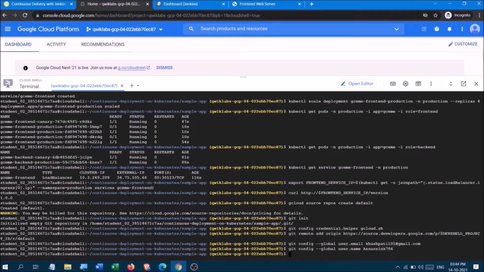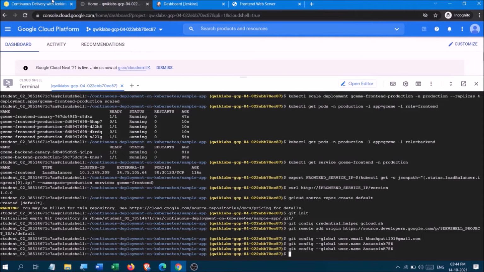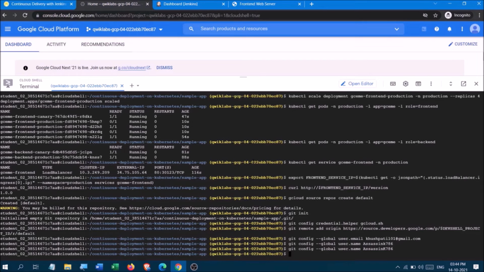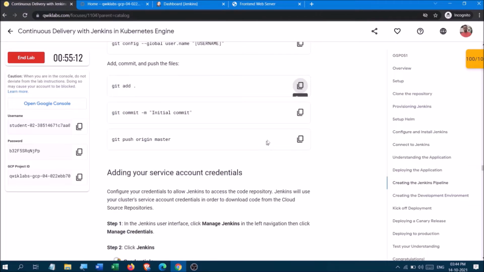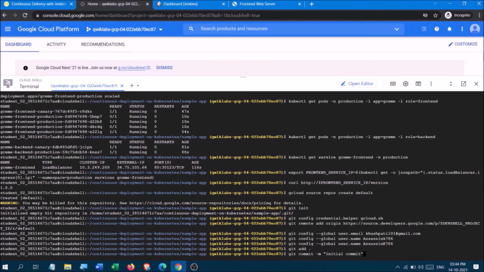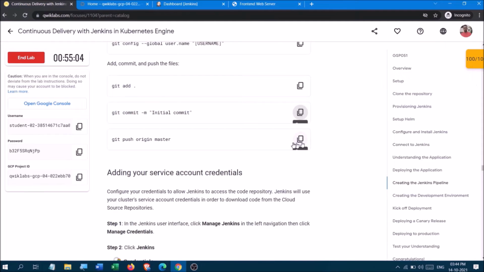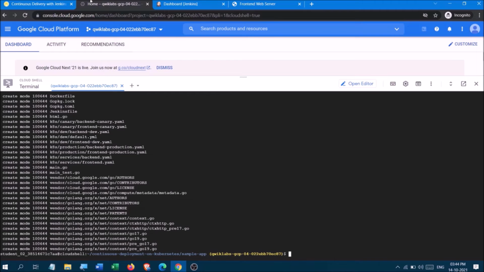Yes, this is, no, sorry, this is not my username. Okay, so this is my username. So here I've added the git part. Give an initial commit for it, commit it, and push it.